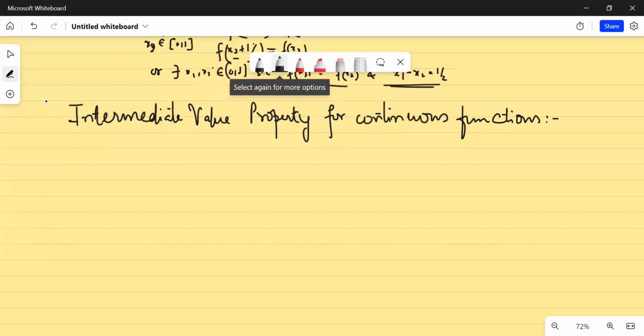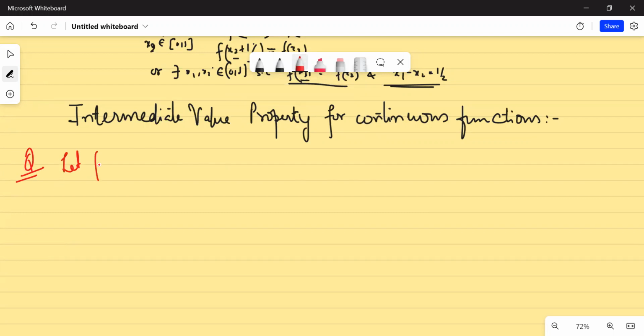So in the last class also we were discussing intermediate value property for continuous functions. Today also a few of them we'll discuss, and then we'll go ahead and do other things as well. Okay, so now you have to see, I'm telling you one more thing. What is that? And this is another question. So the question says,